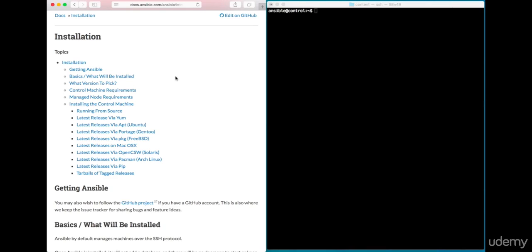Ansible is a Python application, so it's available via pip, which is basically a universal installer regardless of which distribution you're using. If you're using a Linux host as your control machine, which we are in our demo environment here, there are packages available through package repositories, and I would recommend using the package repository if it's available for your